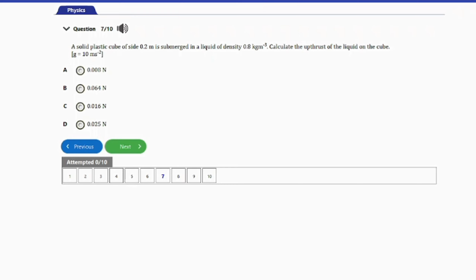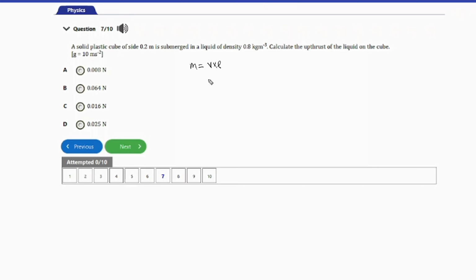So we have density here and we have volume here. So we can get the mass of the fluid displaced and then multiply that by the acceleration due to gravity given to us here, and then we'll get the weight of the fluid, which is the upthrust, right? So here, in order to get the mass, we are going to use that mass is density times volume, where